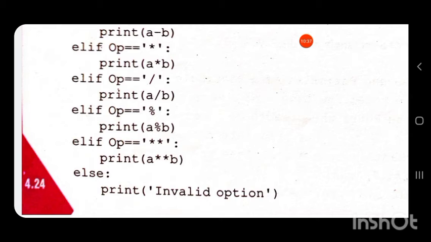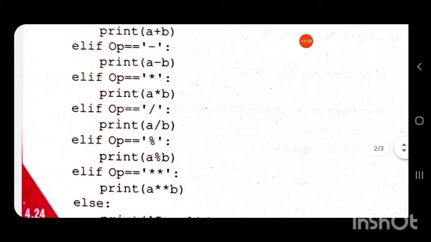If the user has not entered the minus symbol, then it will check the next statement, that is elif op equal to star. If the user has entered the star symbol, then it will print a star b, multiply a into b and print the result.